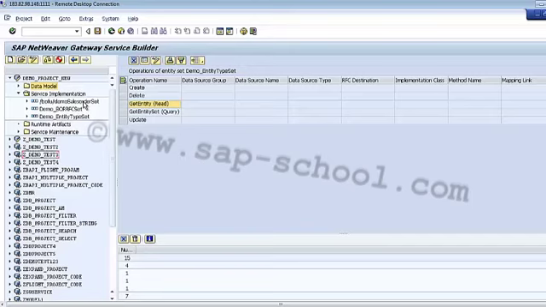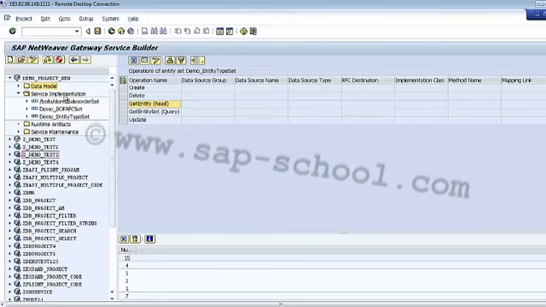So we cannot edit, add, delete or change any actual entity set contained in this entity set folder as it is reflected from the data model folder. So basically I cannot change it because this is already picking it from the data model folder.